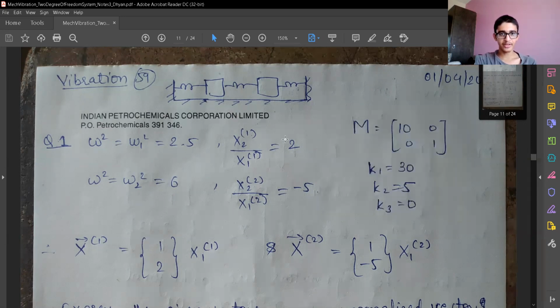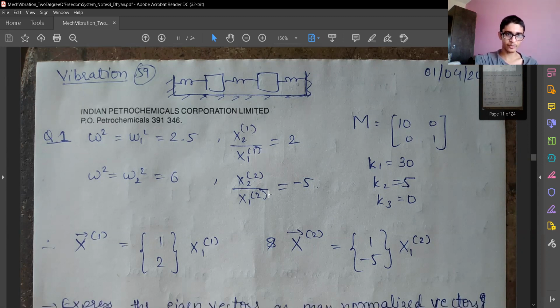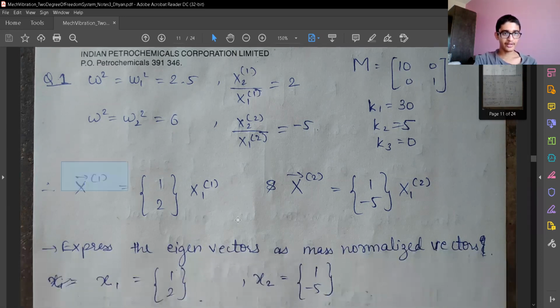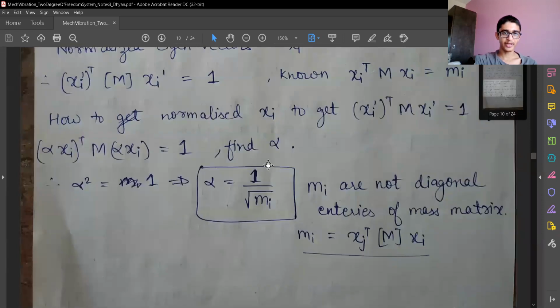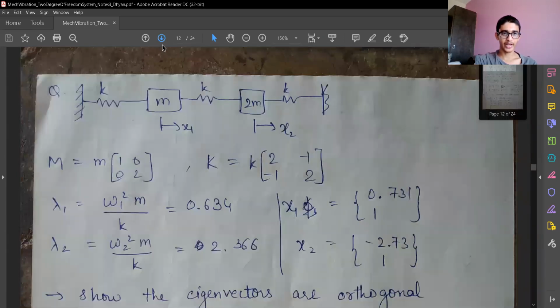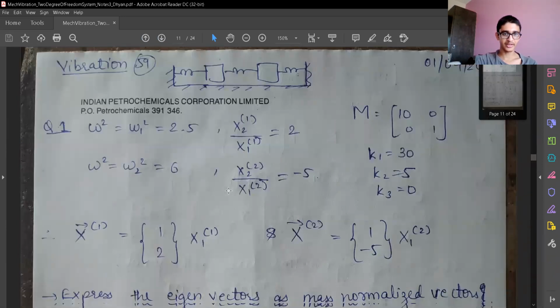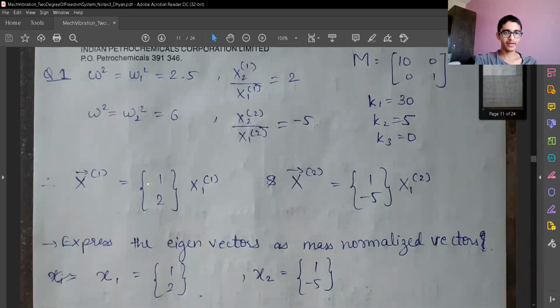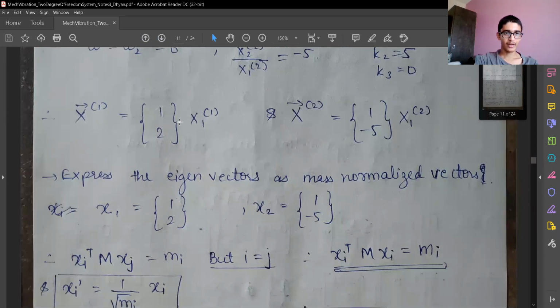And we are also given the R values, that is the ratio of amplitudes of first normal mode oscillation and second normal mode oscillation. And the eigenvectors are also given. So how can I find eigenvectors? That was also explained earlier. We just need to invert the matrix. So I need not go into all the details again, but you just need to invert the matrix and get the eigenvectors.